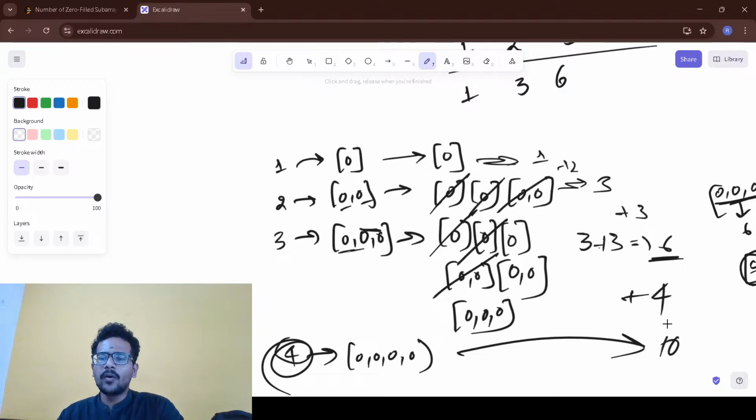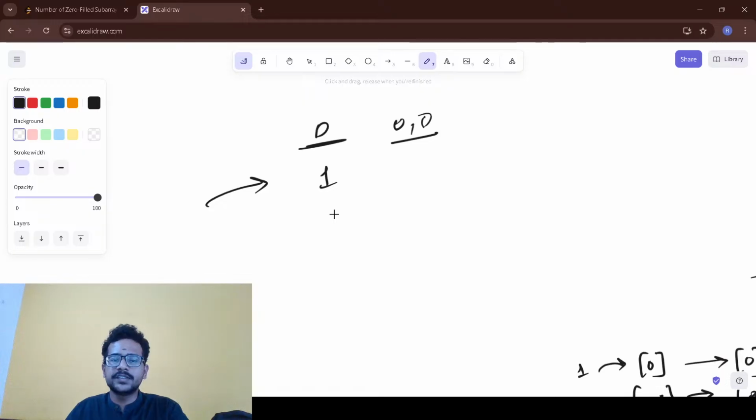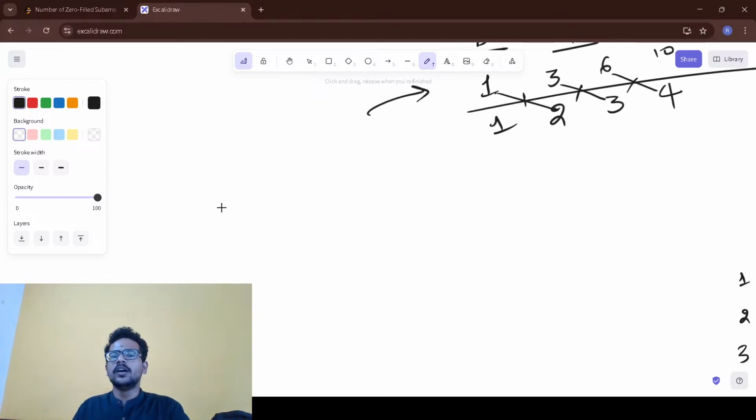So what I want to tell you is, first thing, I might have only one zero, I might have two zeros. So firstly I can make an array from this. For one consecutive 0, I have one subarray. For two consecutive zeros, I have three subarrays, nothing but 1 plus 2, right? Now for three consecutive zeros, I have 3 plus 3, nothing but 6. For 4, I got 6 plus 4, 10. That's what I'll do. So firstly,